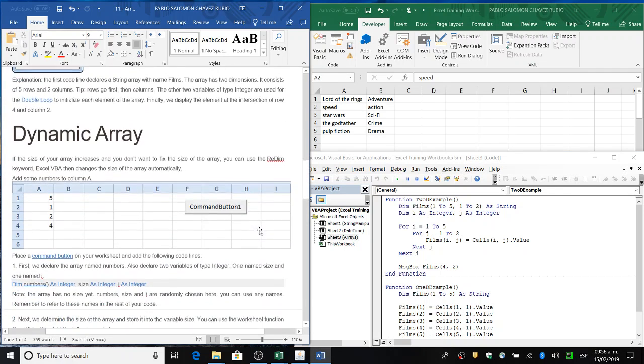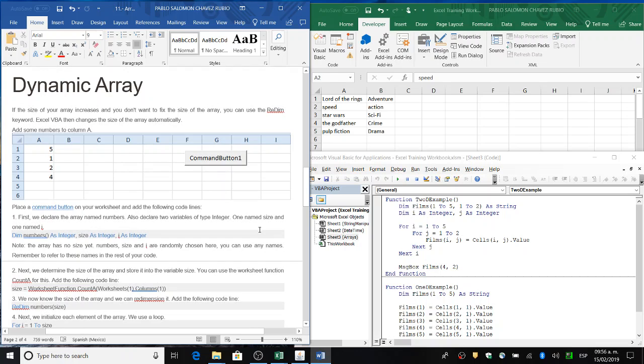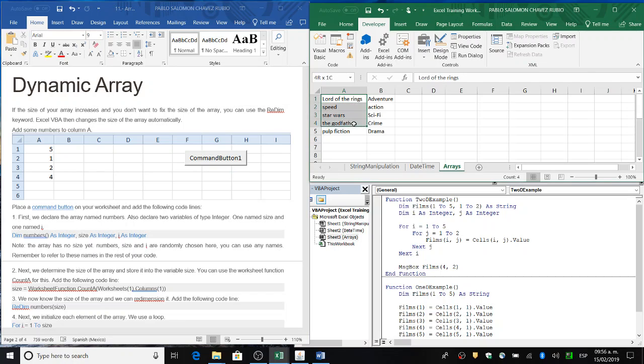Let's move now to the dynamic array. The dynamic array is the same, but the idea here is that here we already know how many are here, how many are for this. But what happens if